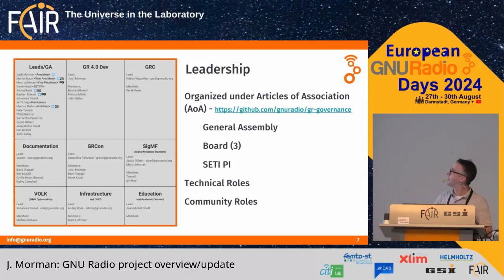All right. So in terms of leadership, as I mentioned, we have a 3-person board. Currently, I'm serving as the president. But the board is elected by the General Assembly. The General Assembly is a group of people that have some sort of leadership position in the community.